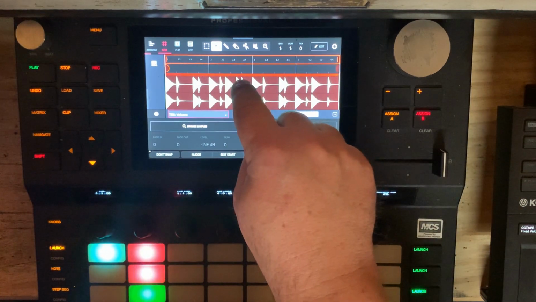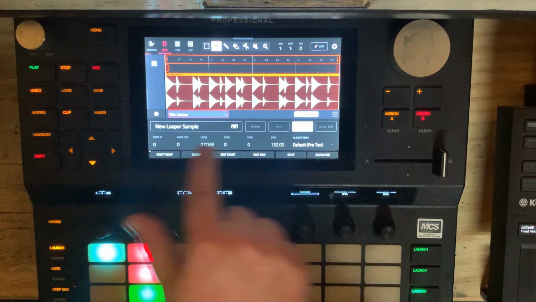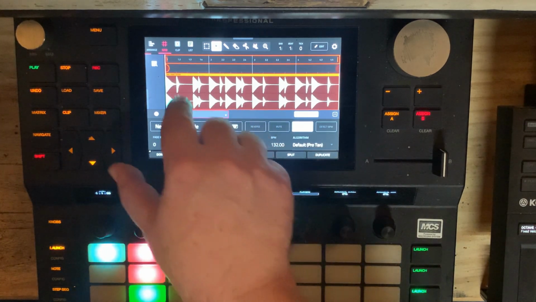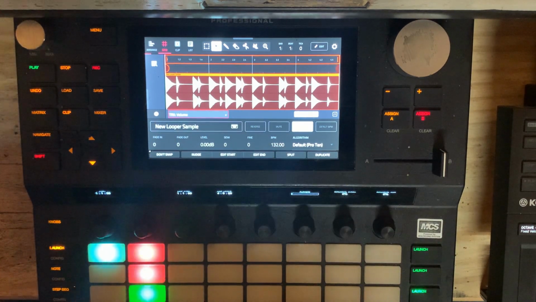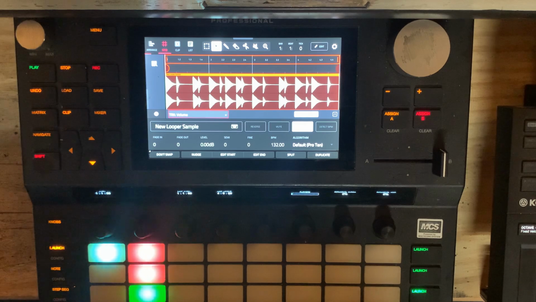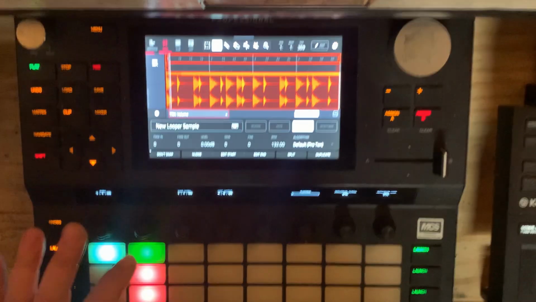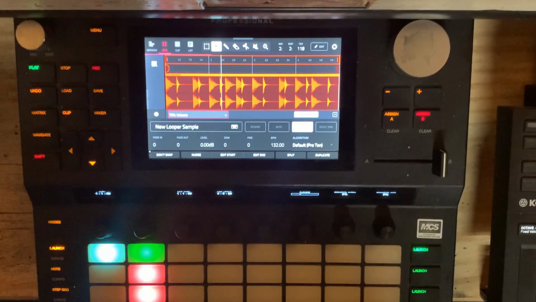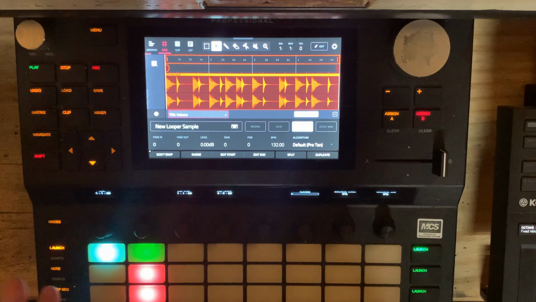If you then touch the loop, then it enables the warp and everything. But like I said at the very beginning, there's that little bit of the sample that's incorrect. So phasing issues and all that. And so in order to fix the problem truly, you have to edit the sample and get rid of that little bit of sample that's at the beginning, which I don't know why is there in the first place. It wasn't there in the original